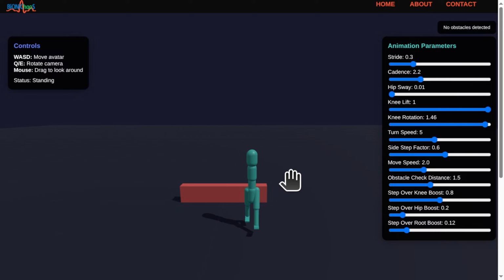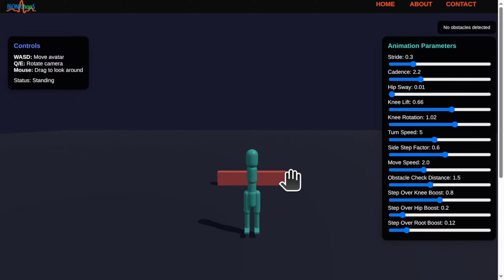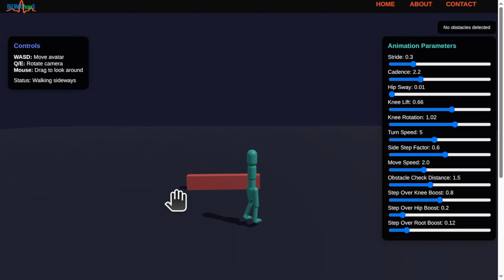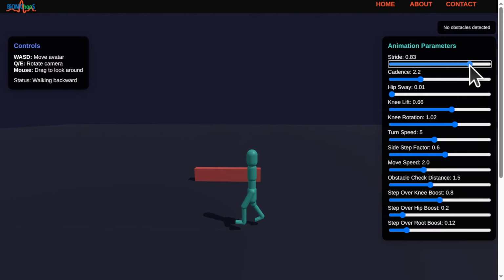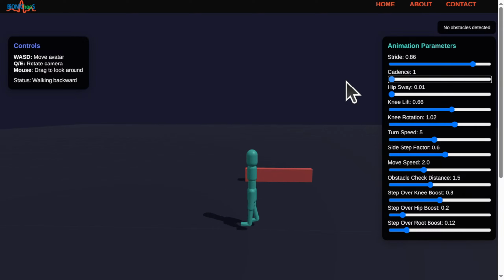Knee-hip coordination. The coordination between knee bending and hip movement could be more natural. Missing move direction updates. The move direction variable is used but not clearly updated elsewhere in the code. Sidestep mechanics. The sidestepping mechanics could be improved for more natural motion. Updated code. // existing code. function animate() { requestAnimationFrame(animate); const now = performance.now() / 1000; dt = now - last; last = now;